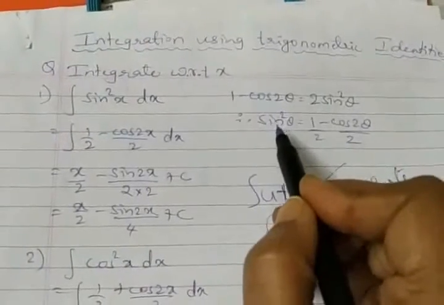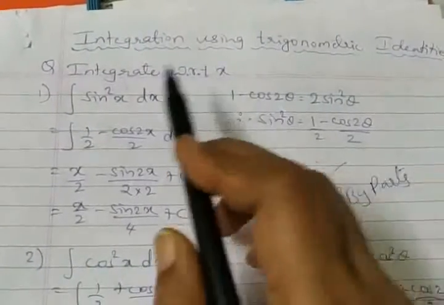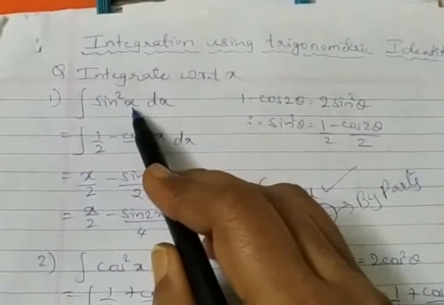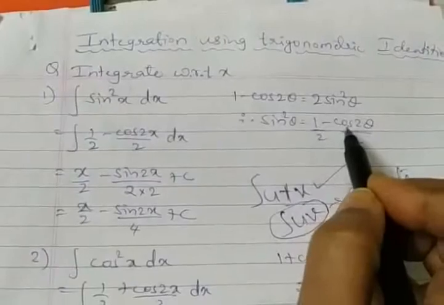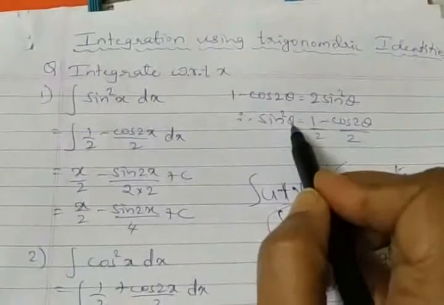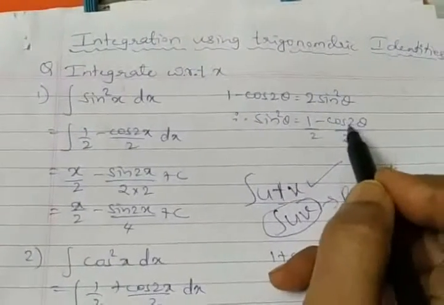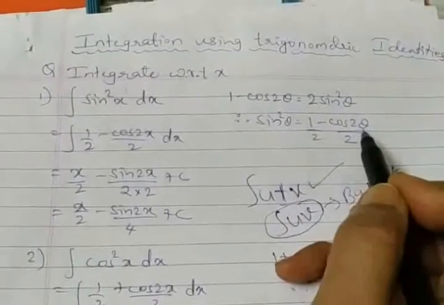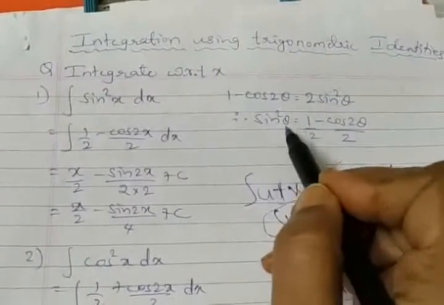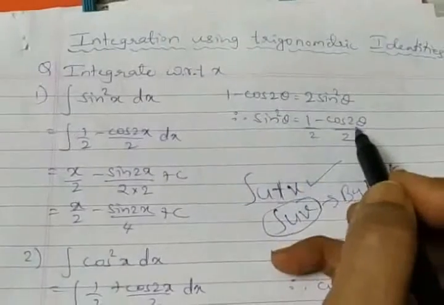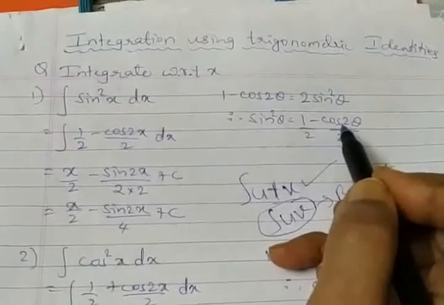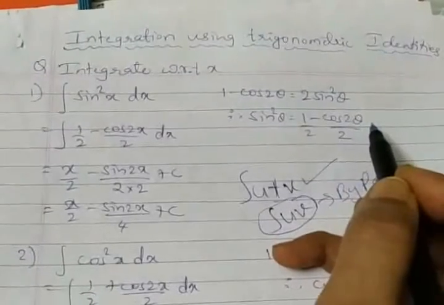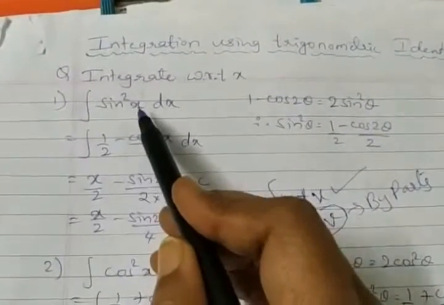So integration of this term sin square x in terms of x, let me discuss here, can be taken as 1 by 2 minus cos. Please make a note, theta, then we expect here 2 theta, double of this angle. If at all I have here 4 theta, then definitely this should be taken as cos double, that is 2 times of 4 theta, 8 theta. So right now we are discussing for x.